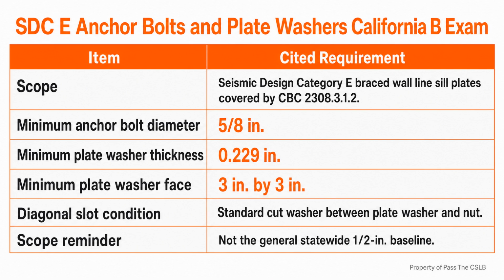For sill anchors, I run the number check without mixing minimums and maximums. Minimum 1/2 inch diameter for the baseline condition. Minimum 7 inches of embedment, maximum 6 feet on center. Minimum 2 bolts per plate section. Maximum 12 inches from each end. Minimum 7 bolt diameters from the end. In the specified seismic design category E braced wall condition, I shift to the 5/8 inch minimum and the required